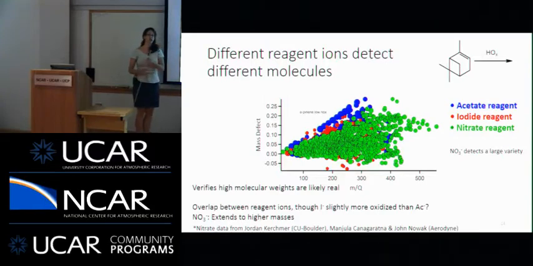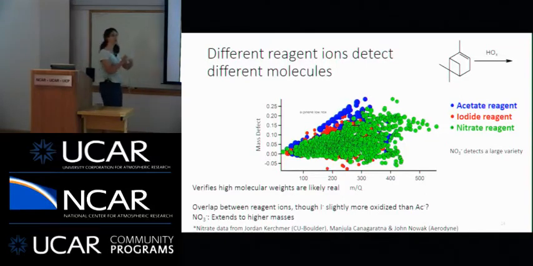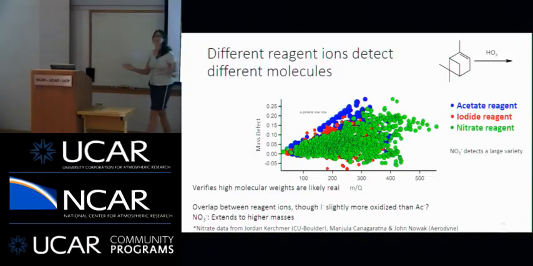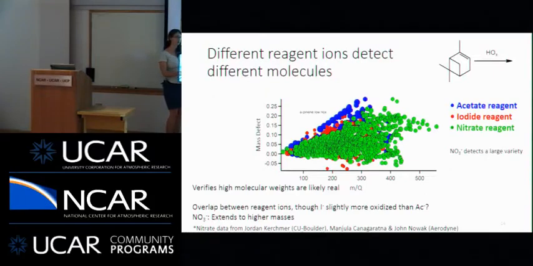But what we do get is with acetate, we get some of our molecules combining with acetate ions. And so instead of being over here, that molecule is now over here on that figure. So some of these dots can be a little misleading, and I think that's a really important point to take home from these bulk measurements: be very careful with interpreting every single dot as a single molecule in the atmosphere, because some molecules get double counted.